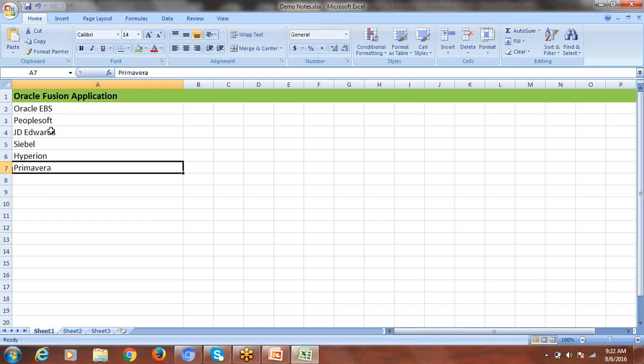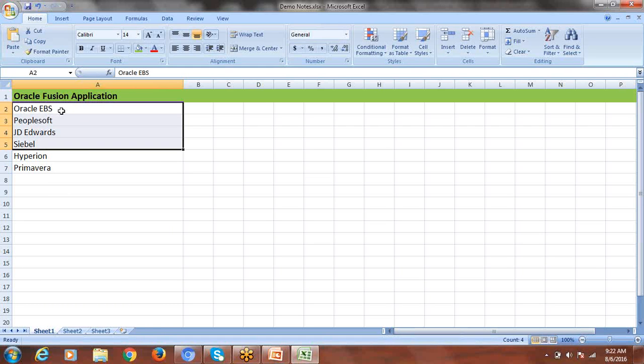Primavera for project management solution. I'm just listing out these ERP products. Along with these ERP products, there are many other applications or products which we can use for enterprise solutions. Of course, what I selected will be part of ERP products; these are not all ERP products. So here the point is, across these ERP products,